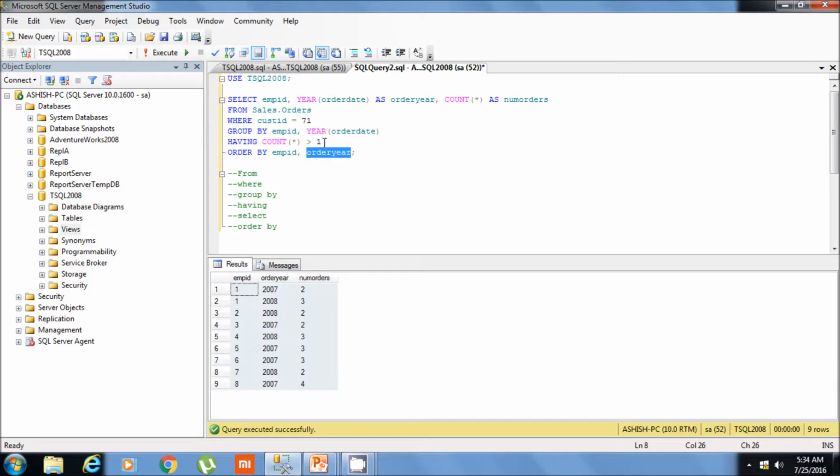The order by clause comes after the select statement, which is why we are able to use the alias name. Other clauses like the from clause, where clause, group by clause and having clause come before the select statement. So by this time this alias name is not in the picture, so we can only use it when the alias name comes into the picture, that is after the select clause, and in the order by clause only we can use it.